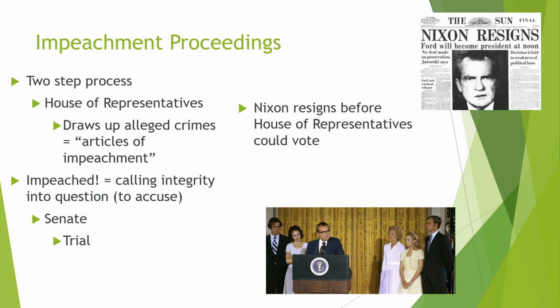Because at one point, when the FBI begins their investigation, Nixon tries to have the CIA tell the FBI to back off of the investigation because it involves national security. And then the third article of impeachment, or proposed article of impeachment, is contempt or defiance of Congress for withholding